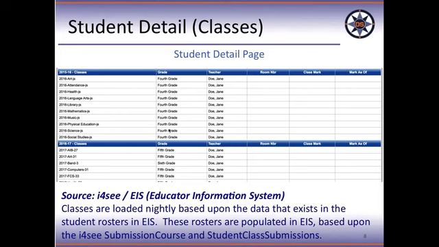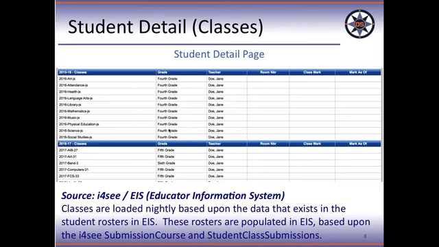So one of the questions, we've got a couple of these. One of the people who wrote was interested in getting their rosters up for each school year, which is really what you just explained. And I just want to make sure that covered it for the people who asked. So the best way to get your data in at the beginning of the year is to upload your submission course and your student class submission. And as a matter of fact, you can do that